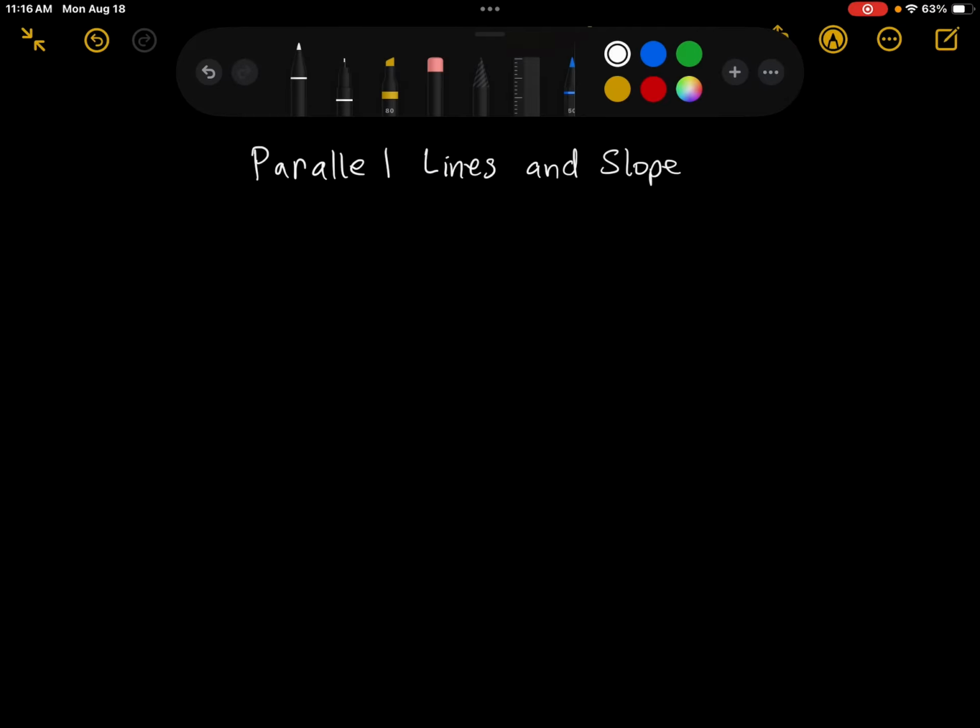In a previous video, we talked about the slope of a line. And now it's time to talk about how parallel lines and slope are related. So, one fact that we're going to discuss is that